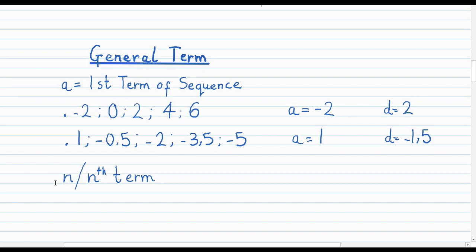Now we know what n represents, so that leaves you to ask, what is the nth term? By the nth term of a sequence, we mean a formula that allows us to find the value of any term in the sequence, provided we know its position, meaning its n value. For example, with this first sequence, say I wanted to find the value of the fifth term in the sequence. If I knew the nth term formula, I could just use the n value, meaning 5 in this case, to